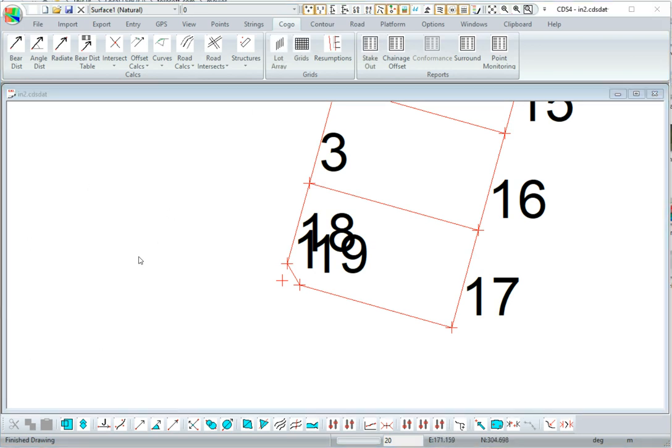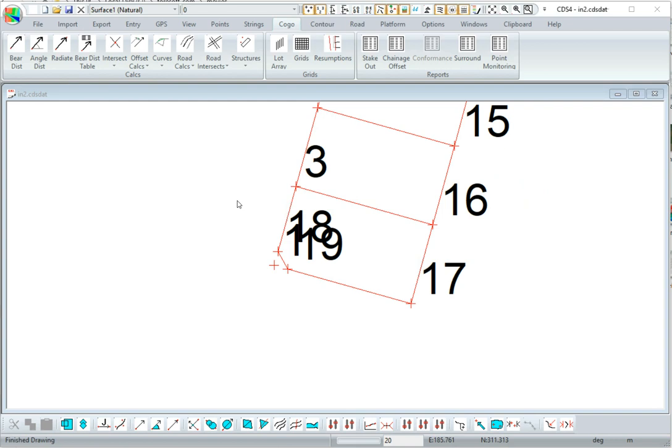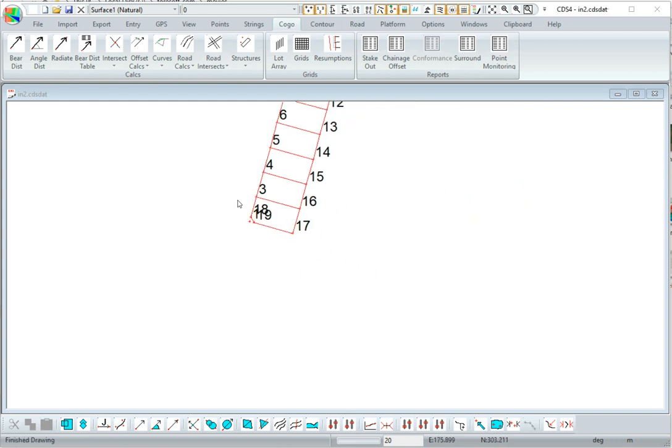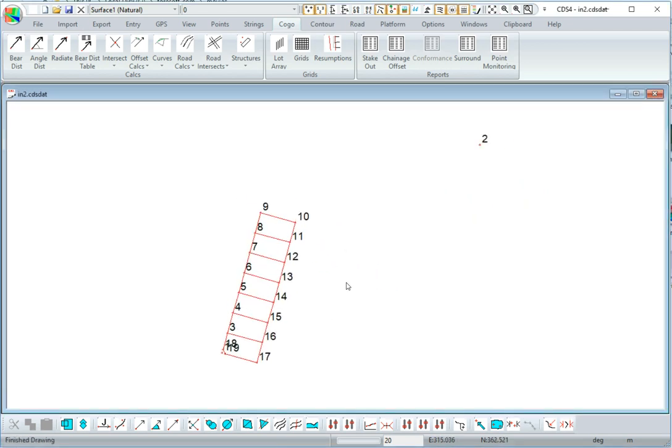Now I'm also going to show you how the intersect two bearings menu item works. Just zoom out a bit. And when we started, we had a point 2. Now that's a road that's running east-west here at 270 degrees. We want to calculate a point on the front of the lot alignment that intersects that road. So all we can do, we can click on Kogo,